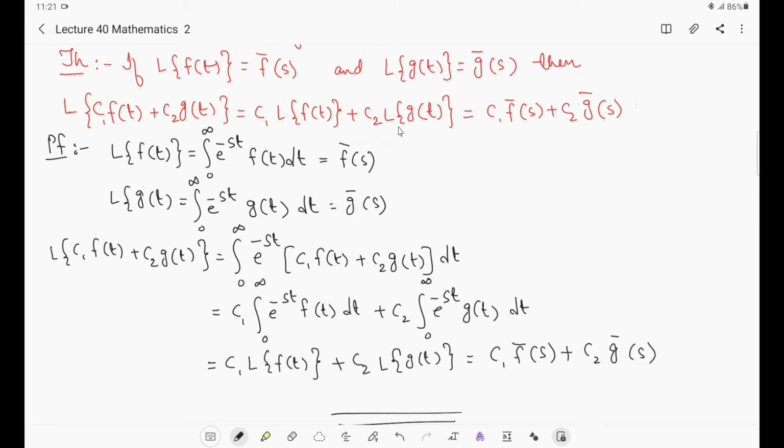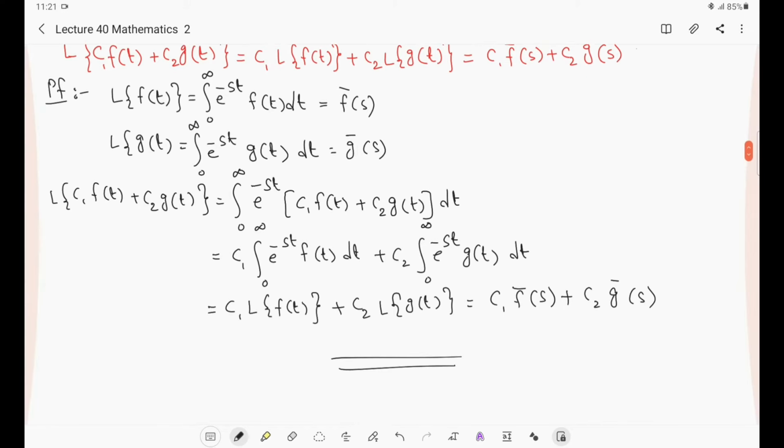Now we will see Laplace transform of some elementary or standard functions. After establishing those formulae, we will find the Laplace transform of 1. In place of f of t, we will consider 1. That is the first formula. Then Laplace transform of e power at, then Laplace transform of sin at, then cos at, then sin h at, cos h at. So these formulae we are going to establish now. Once we establish this, we go for solving various types of problems based on those standard formulae.